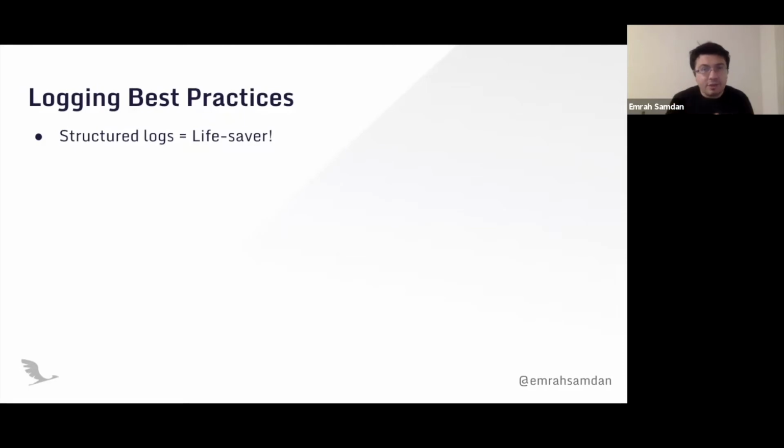Even if you are not using CloudWatch, you are just shipping them out to, let's say, Elastic, or just looking at them through a Kibana plugin, still, if you have such logs which are actually written in JSON, it is saving lots of time for you. Maybe you are not hearing this for the first time, but structured logs are a lifesaver for serverless. Even if you forget everything about this presentation and observability, just make sure that you have structured logs and you will be covered in some cases that you will face. It won't be enough, but it will be saving your life several times.